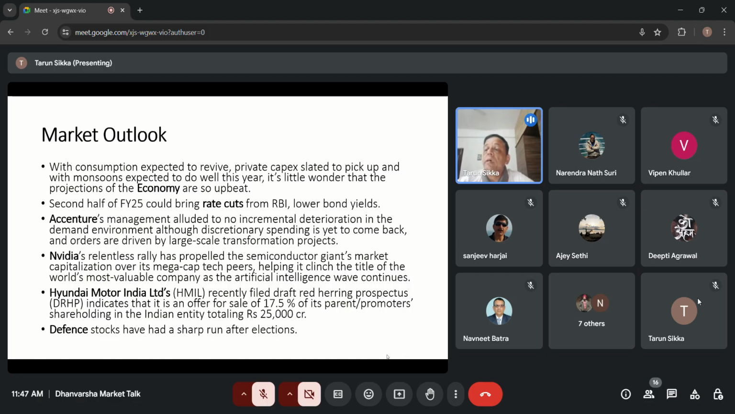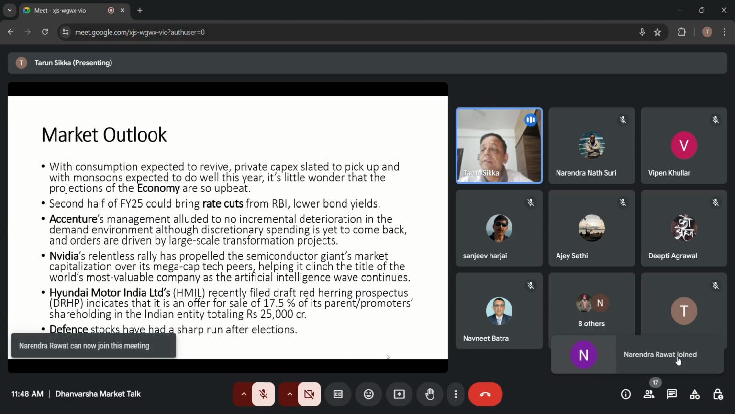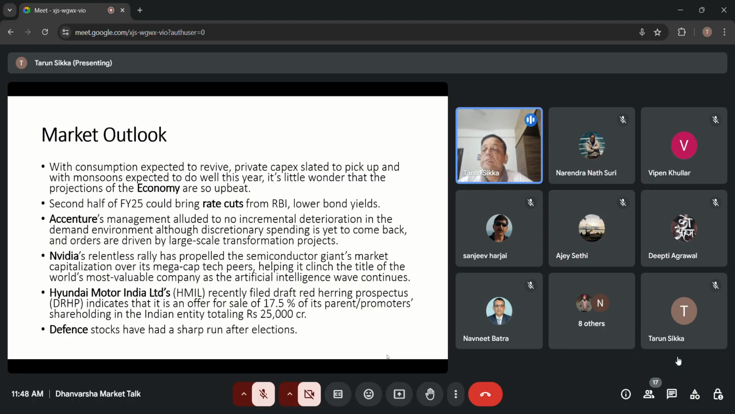For example, a BrahMos cruise missile costs around $4.85 million, whereas a comparable hypersonic missile from other countries costs three times that. So that is why there is an advantage for our defense capabilities, and every day you will see the orders coming in. So I don't think it may shoot up that much, but it will not fall